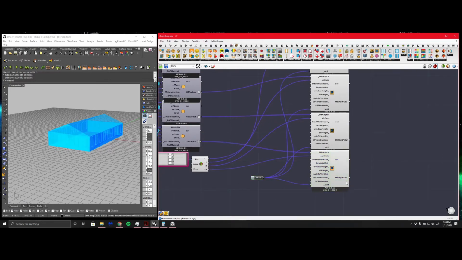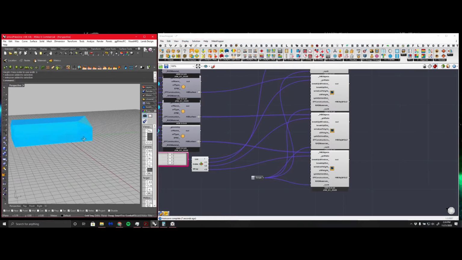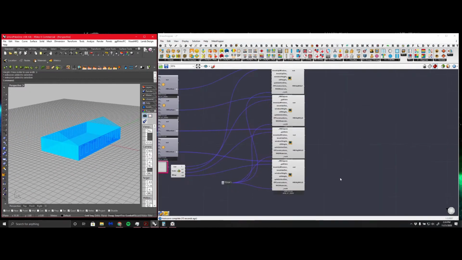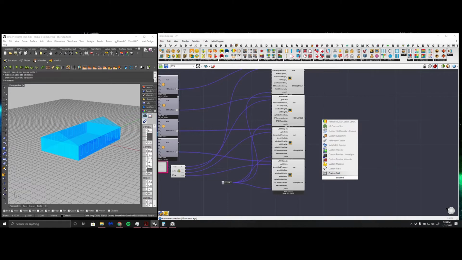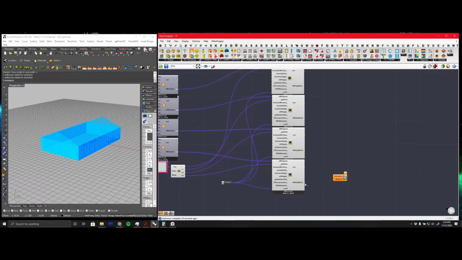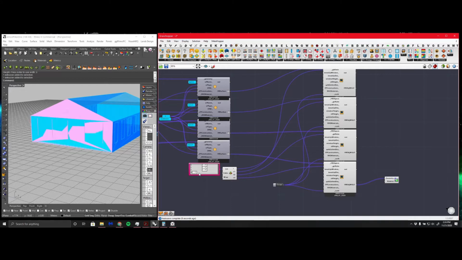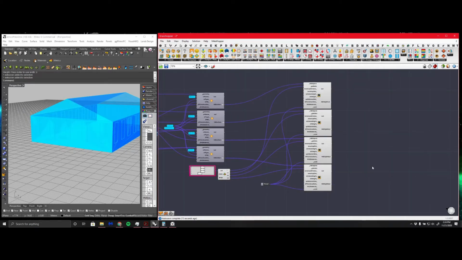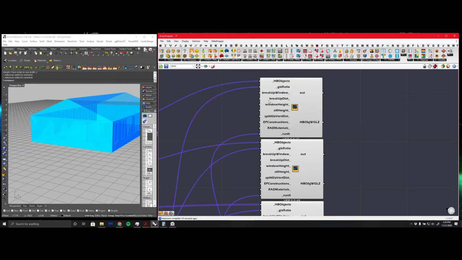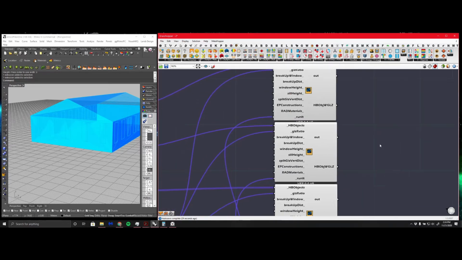Now, as you can see over here, let's do a custom preview really quick so we can see a little bit better. Custom preview. Let's go ahead and put that in. You can kind of see it. But now, as the number sliders move around, it's going to change the glazing size. We can do a couple things with the breakup window, the breakup distance, the window height, the sill height. Let's go ahead and take that down from 2 meters to like 0.75, just for,